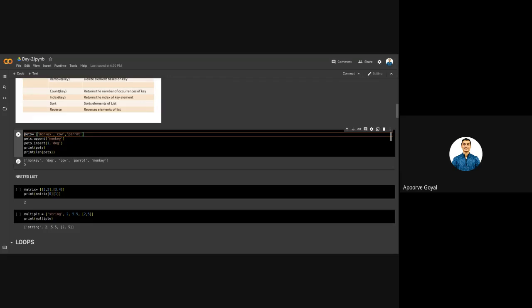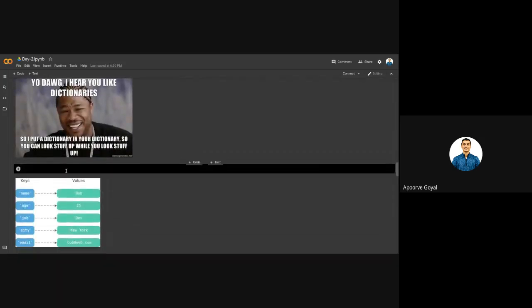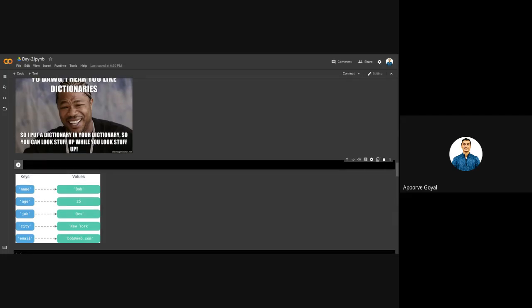But suppose you come across a particular situation where you don't want 0, 1, 2 as the default indexes. There you want some indexes that are created by you. So there a dictionary comes into play. First I will start with telling you how a dictionary is defined. Here you can see an example, and I will go ahead with the same example.